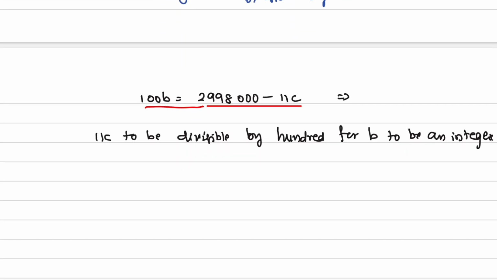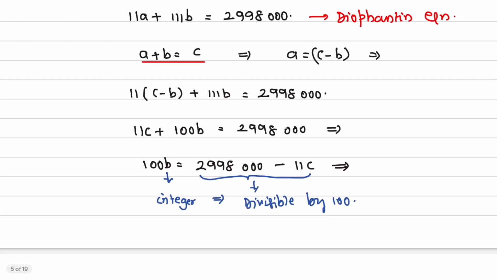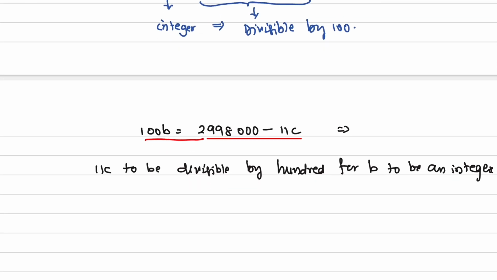Can we write it as 100 into some k, because 11c should also be divisible by 100 and 2998,000 is already divisible by 100, for b to be an integer? We can say here, if you see, the GCD of 11 and 100 is equal to 1, which implies